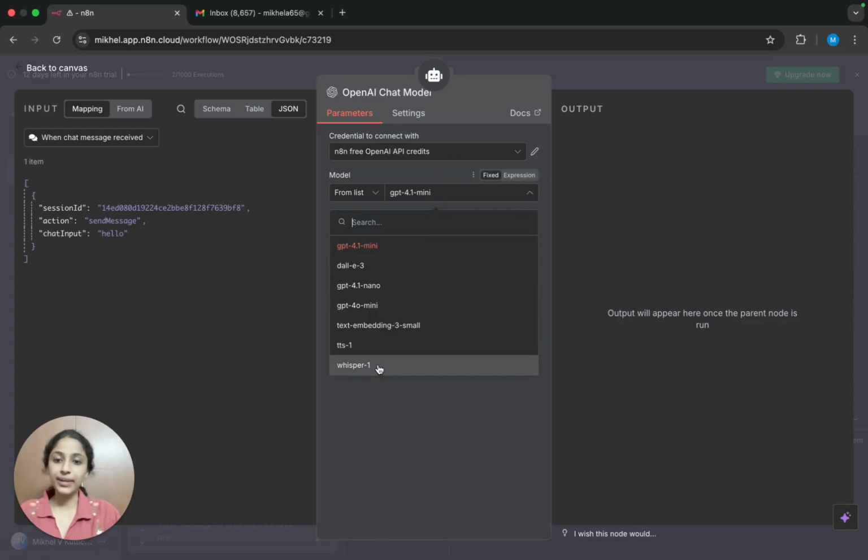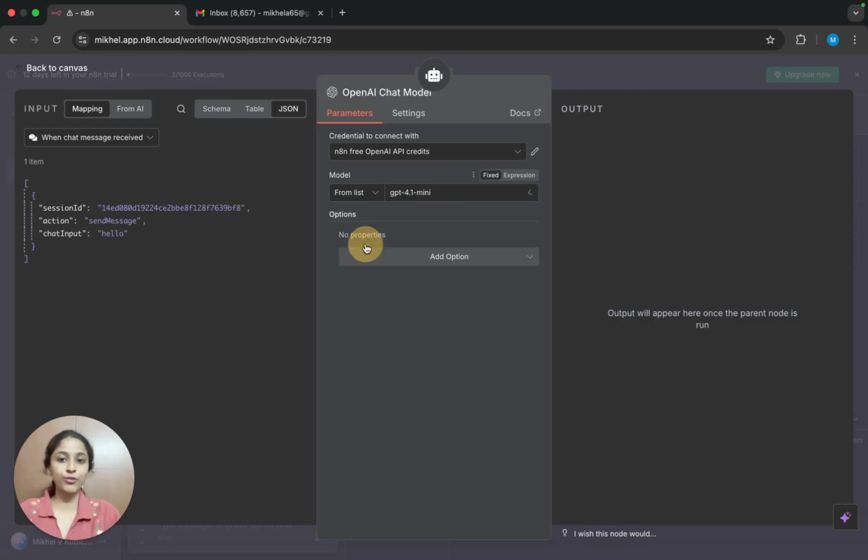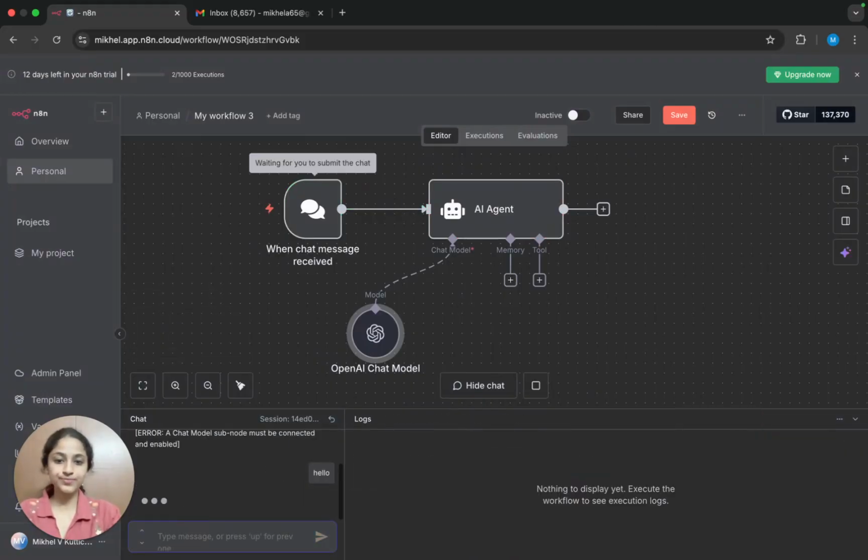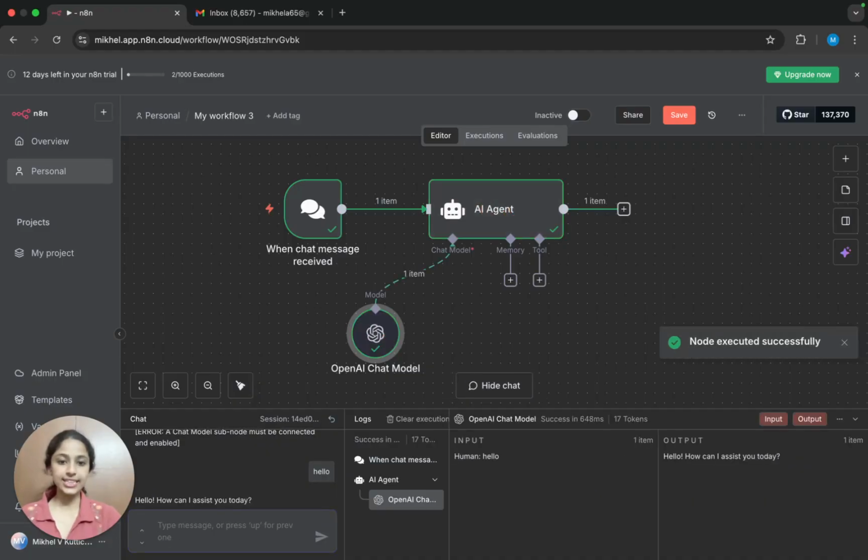The model can be anything from these options. For now, I'll be selecting the GPT 4.1 mini model. Then we'll go back to our canvas, and now let's try executing the step. We'll just say hello. In this case, it says node executed successfully. It says human: hello, and the AI agent replies, hello, how can I assist